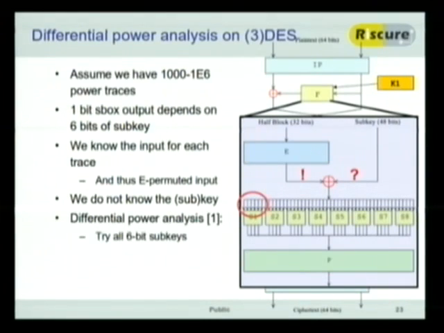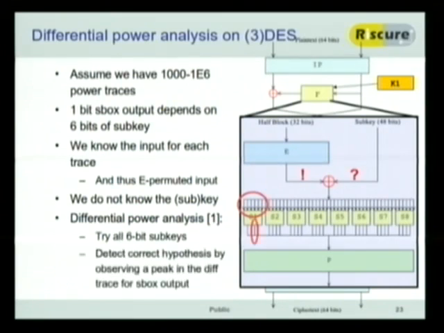Well, we're going to run what's called differential power analysis on it. It's 6 bits, 64 possibilities. We're just going to presume each subkey in turn, and then we're going to calculate these differential traces based on each subkey. So in the first case, we know the data going up here. We presume the subkey is 0. And we input this into the S box, and we're going to try to predict this output bit.